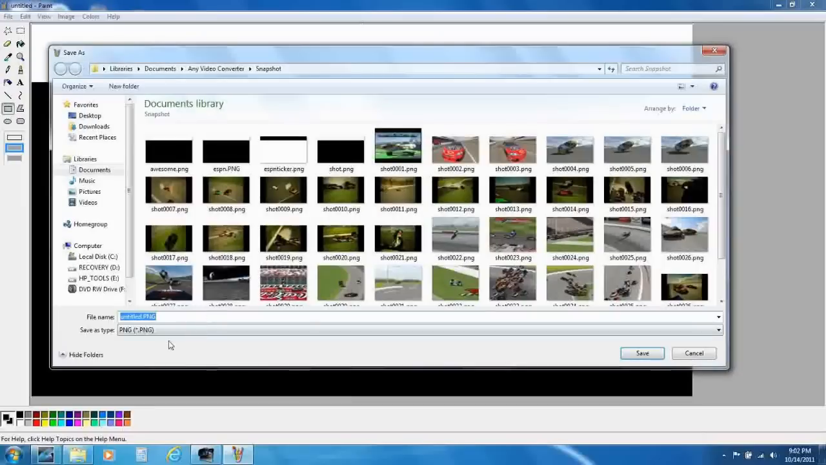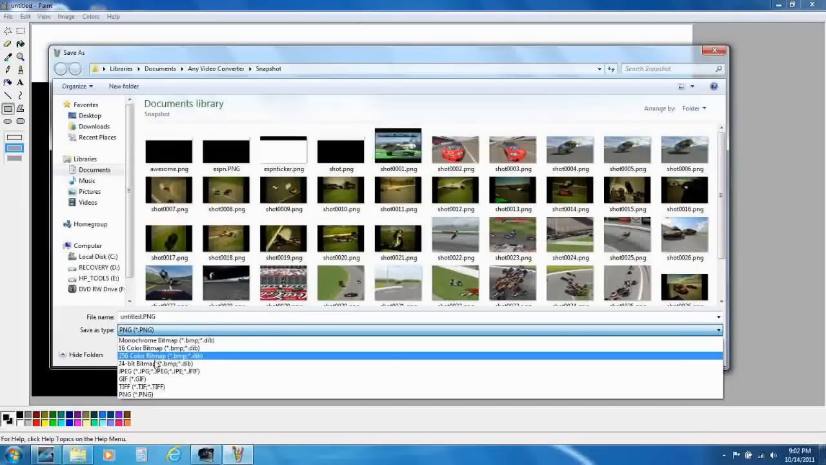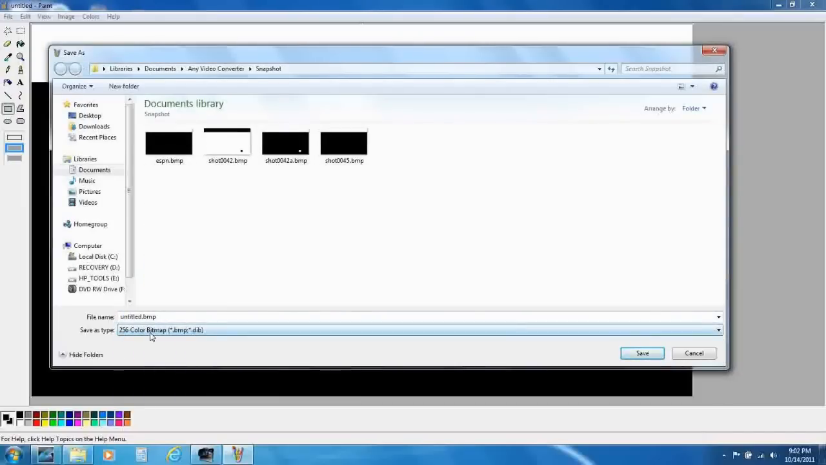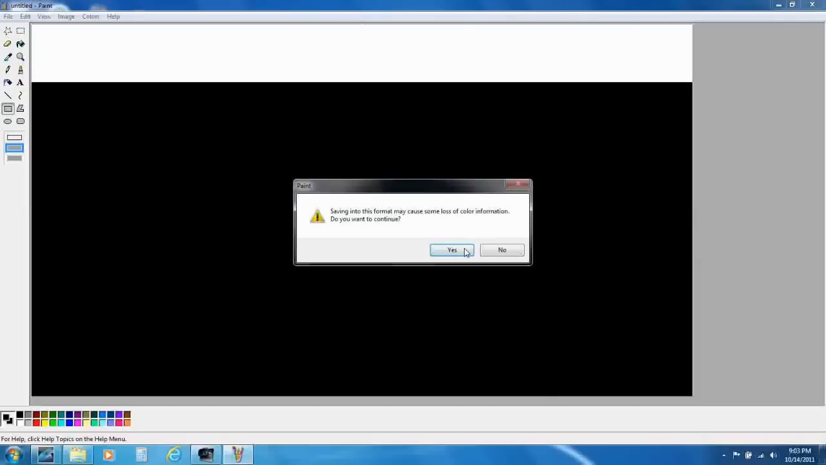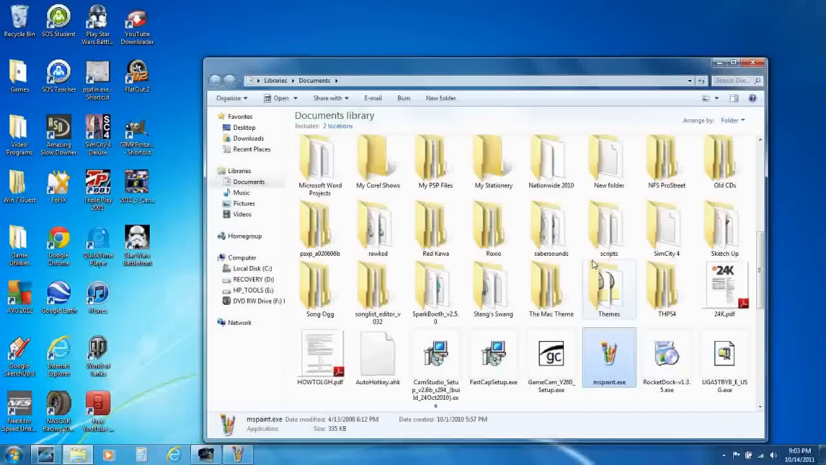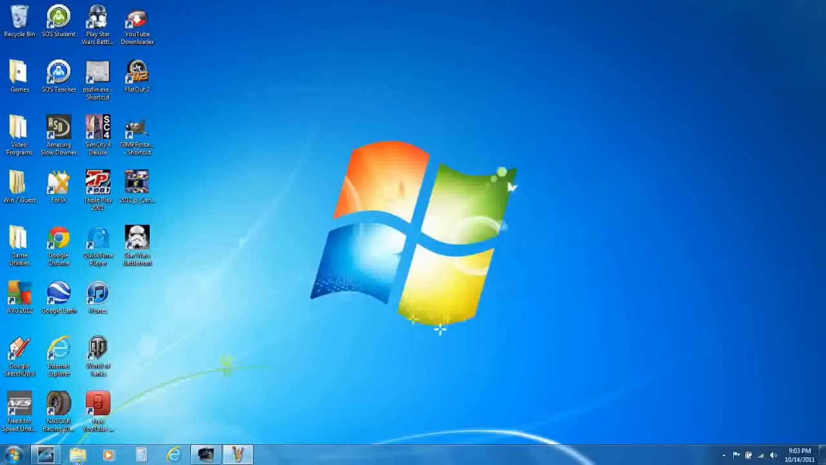We're gonna save this as a 256 color bitmap, and we'll call it ESPN. And we'll save that, and it already exists, but that's okay. I'm gonna go over it anyway. And now,